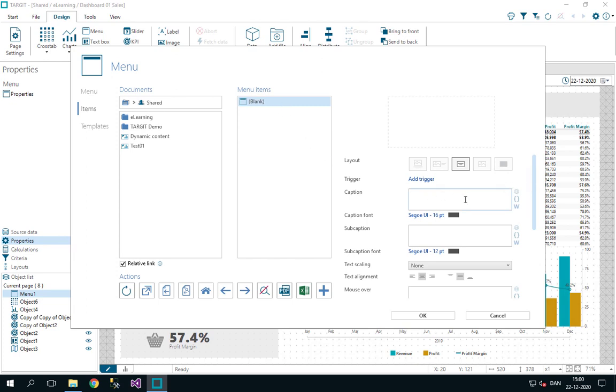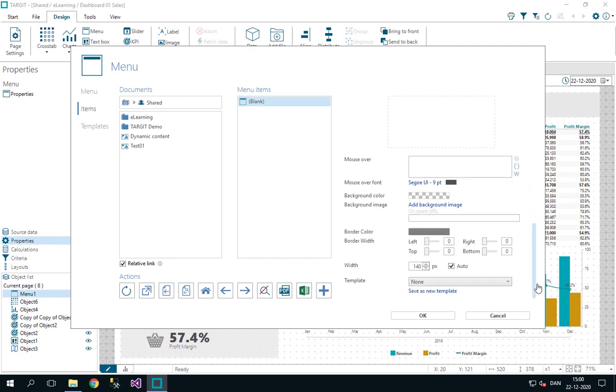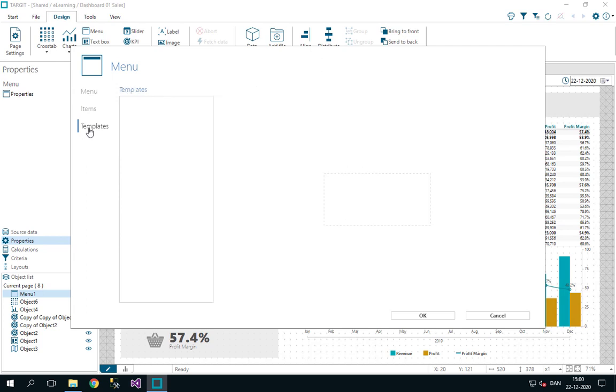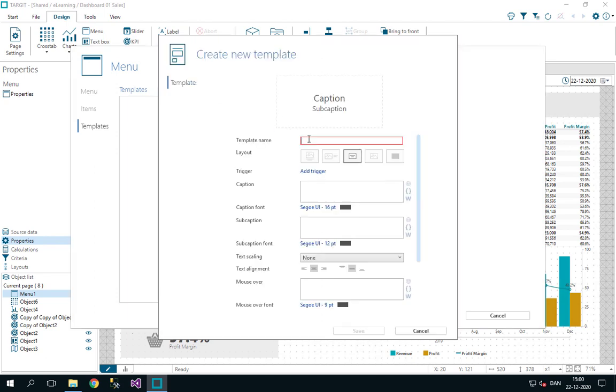A menu item is kind of a button where you can add captions on top of that, sub captions, you can add background colors, borders, etc. Lots of things you can do here. Notice here you can also use a template, but currently we don't have any templates. Now templates are created from over here, so let's have a look into that to create a template for the menu item. So right click here to create a new template, and I would like to create one called my orange menu header,